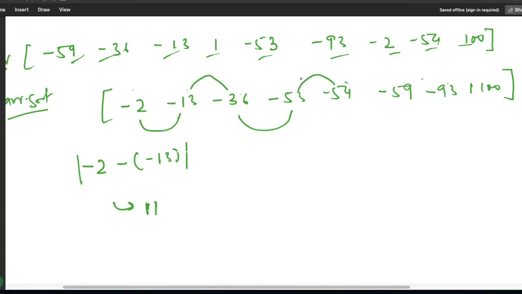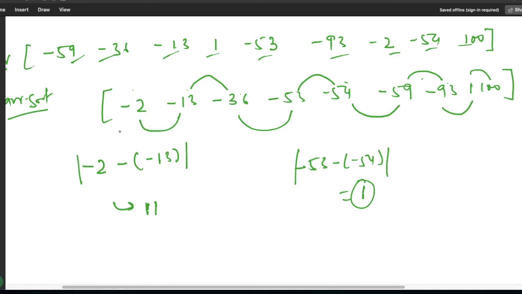Here we will be getting -53 and -54, and the absolute value will be 1. Again for this pair, this pair, and this pair. So if you see here, the minimum value is 1.